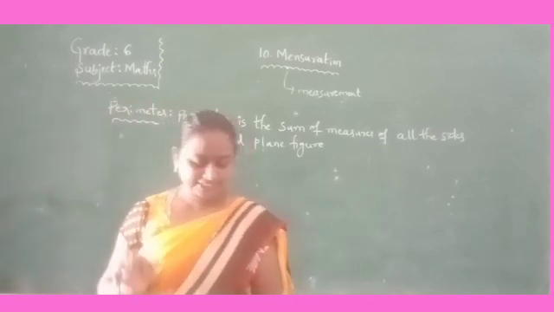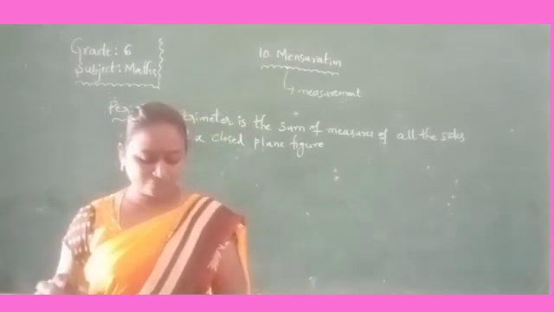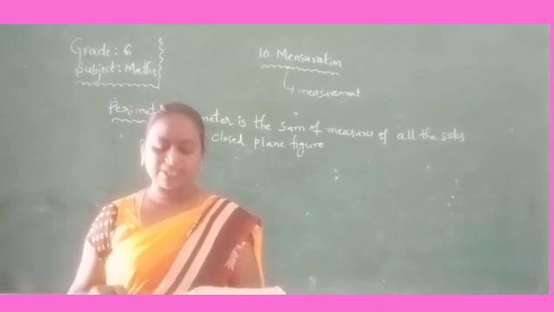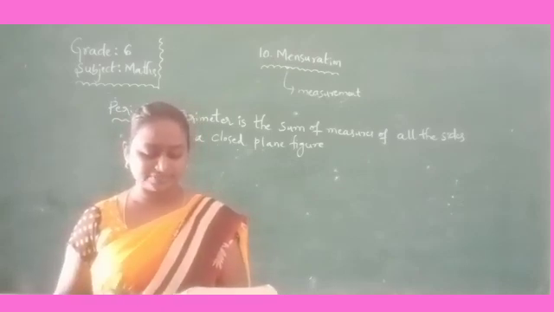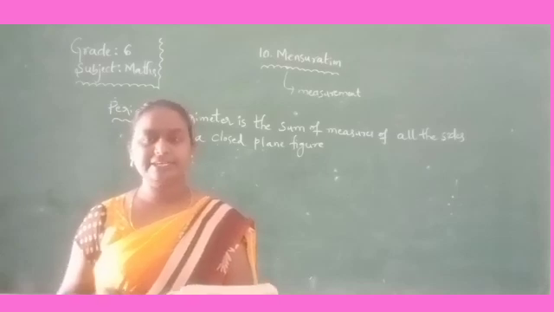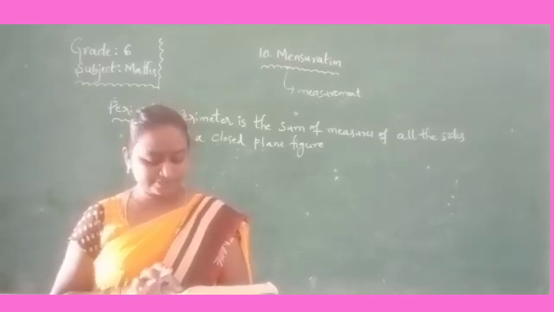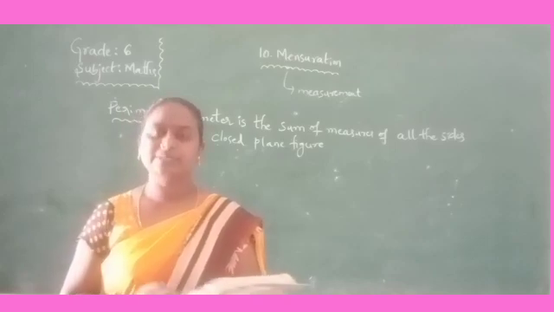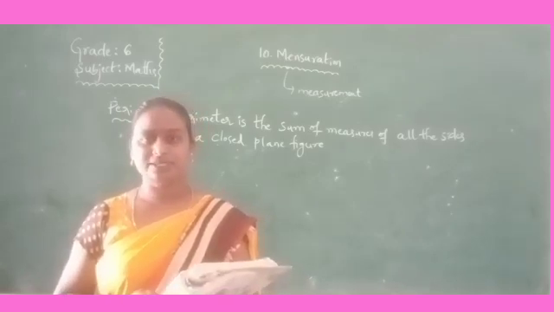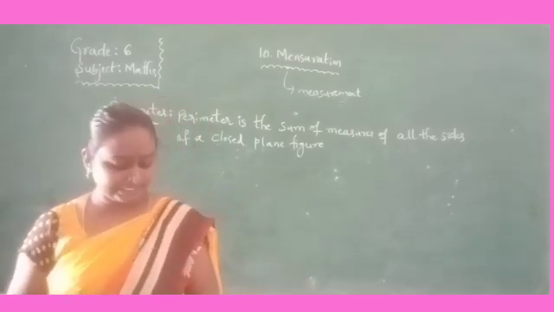So here he has given the sum of the lengths of 4 sides. What is the length of AB, length of BC, length of CD, length of AD? Each and everything you measure and write in the textbook, and finally you show the perimeter of that table. Okay? So take this one as homework.